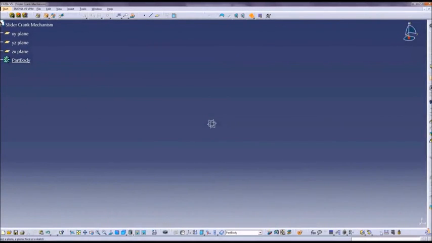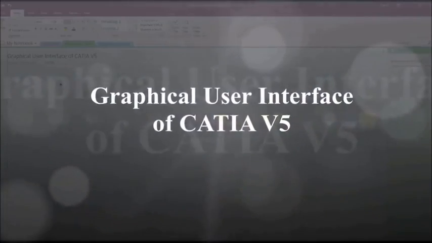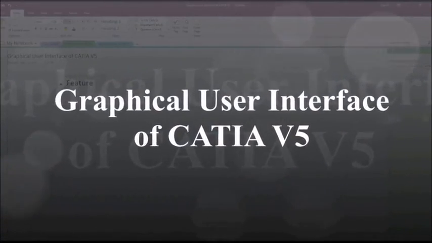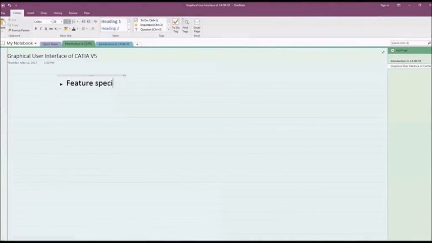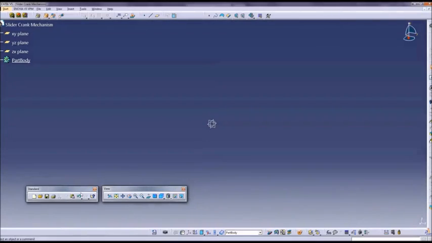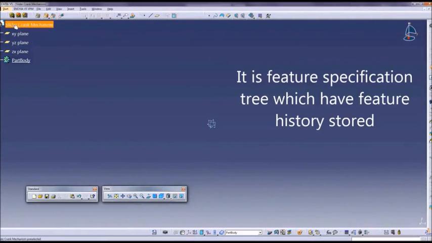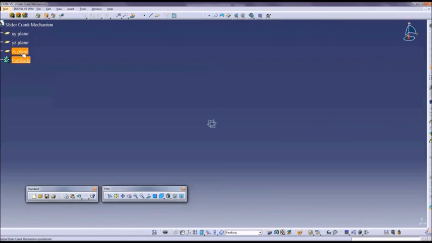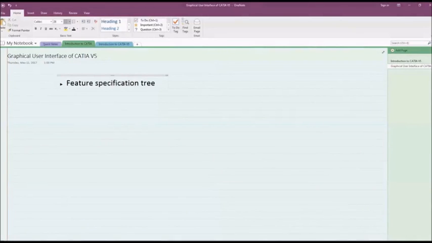Here we have the feature specification tree. In the graphical user interface, the first topic is the feature specification tree. This is our feature specification tree, in which first is the slider crank mechanism, the name of the project, and then all three planes XY, YZ, and ZX, and finally we have the part body. Next is